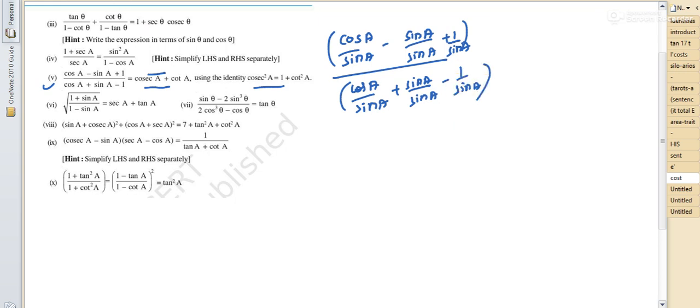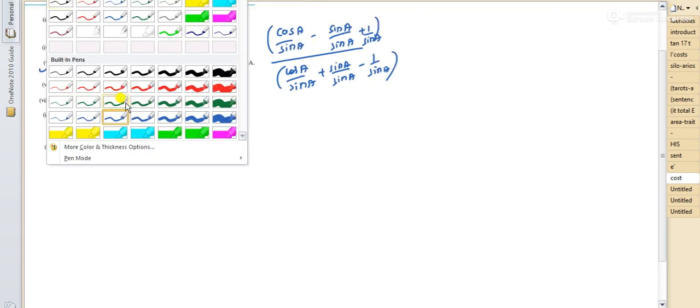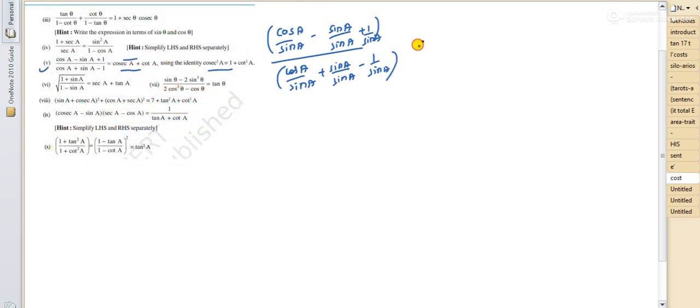So what are we going to get here? Here we'll get cot A minus 1 plus cosec A divided by, again, cot A plus 1 minus, again, cosec